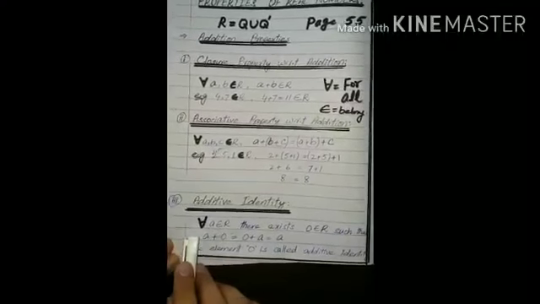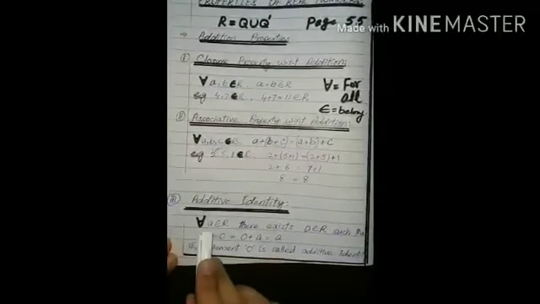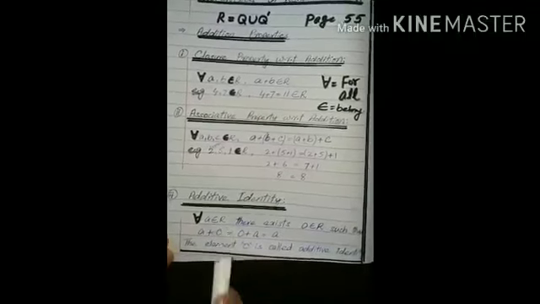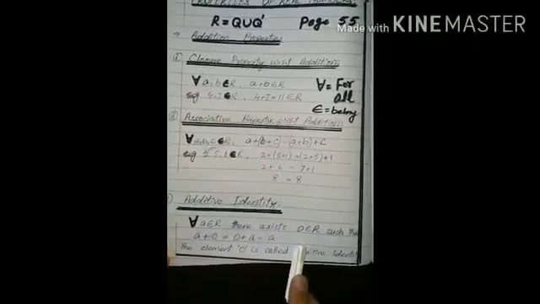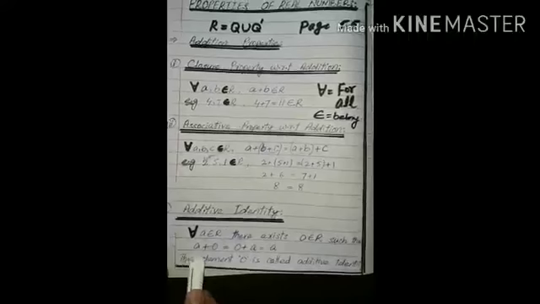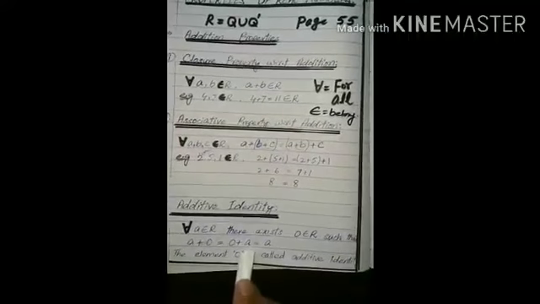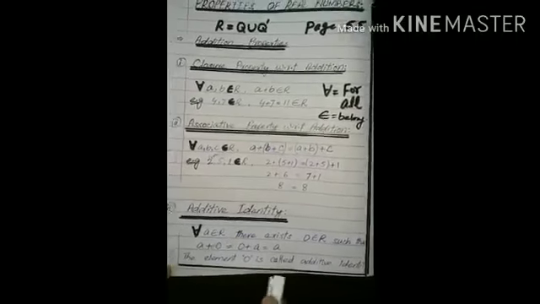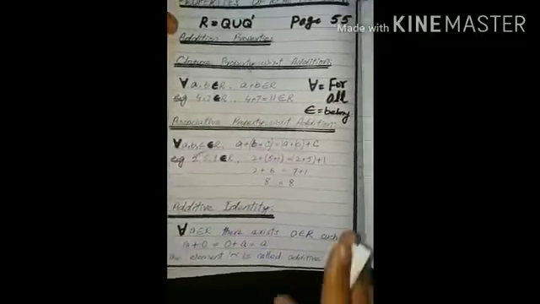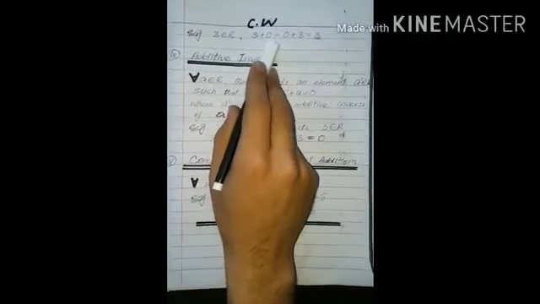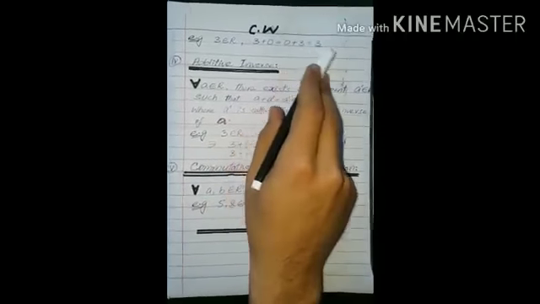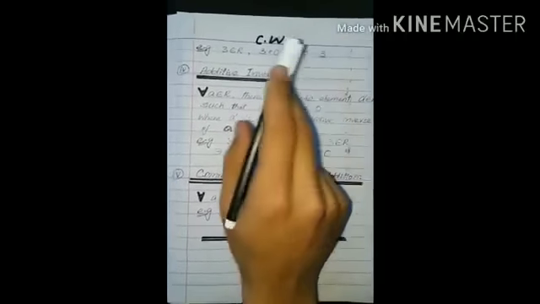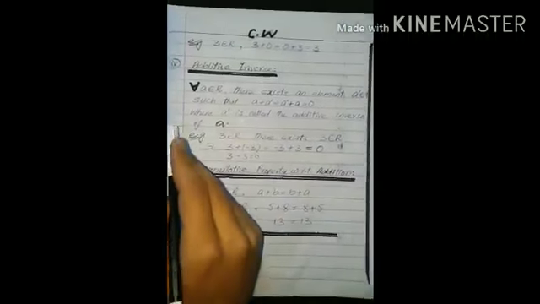It says that for any real number a, there must exist 0 in the real numbers, and when we add that number with 0, or 0 with that number, we get the same number again. So this means 0 is called the additive identity of real numbers. For example, 3 belongs to R, 3 is a real number, and when we add 3 with 0 or 0 with 3, we get the same number 3 again. So 0 is called the additive identity.